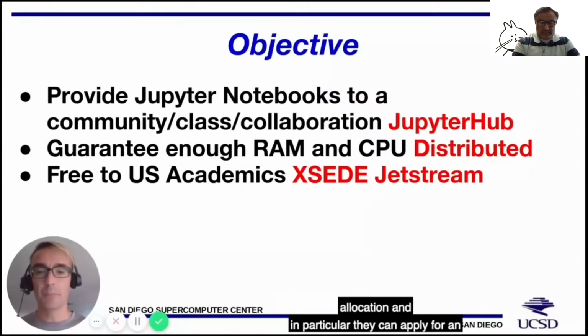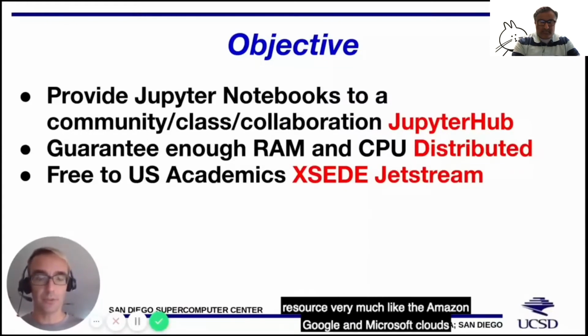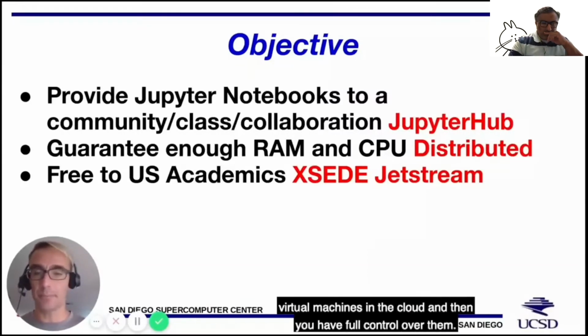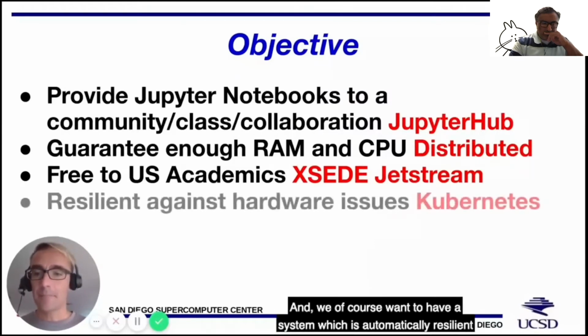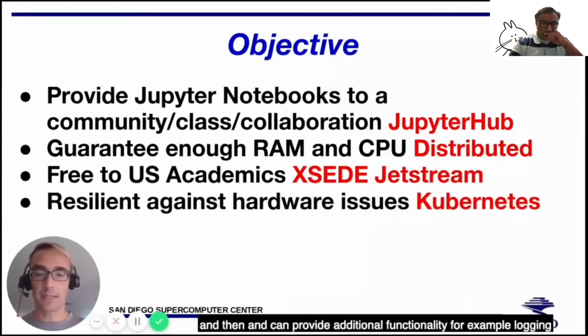an allocation. And in particular, they can apply for an allocation on Jetstream, which is a cloud resource, very much like the Amazon, Google, and Microsoft clouds, where you can request an allocation. And with that allocation, you can spin up virtual machines in the cloud, and then you have full control over them. And also, we, of course, want to have a system which is automatically resilient and